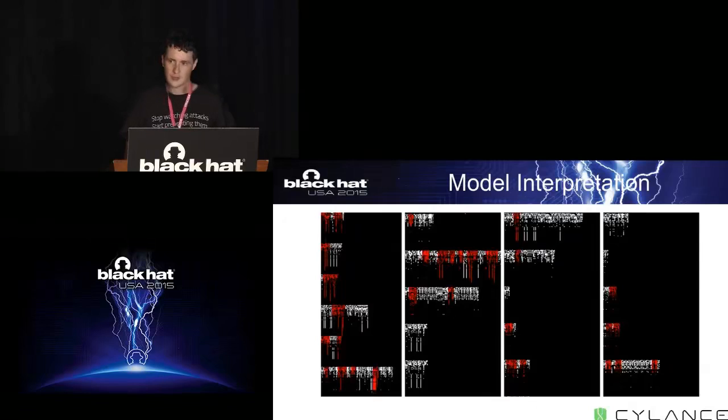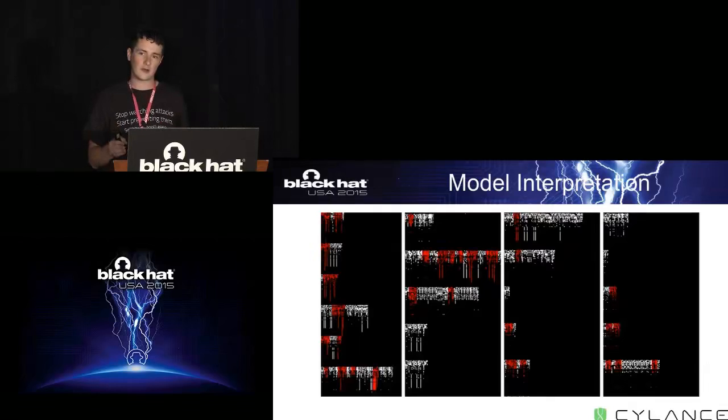So what we do instead is only feed what the model thinks is important to the final fully connected layer. In this case, the model learns which instructions it needs to consider to call something good or bad. And what I've done here is visualize it. Red marks the sequences of instructions that the model thinks are important, and white marks the sequences that aren't important. Unfortunately, I haven't done a lot of data sciencing on these images. I think it could be really useful to reverse engineers. It could maybe give them a first point to look at in the executable or something like that.